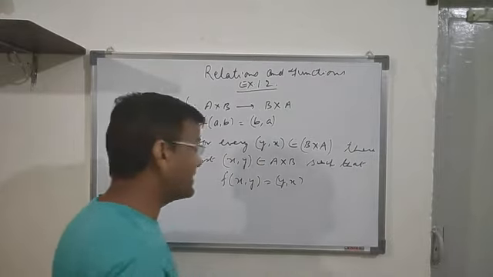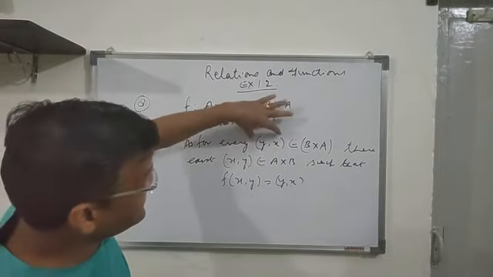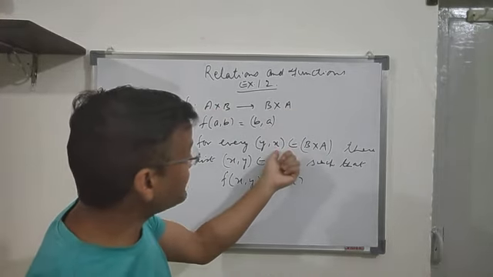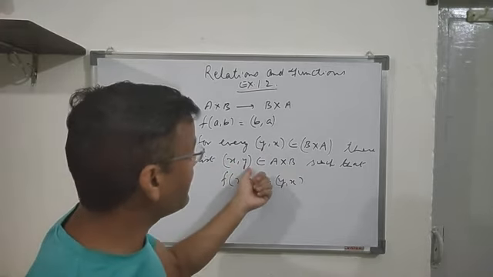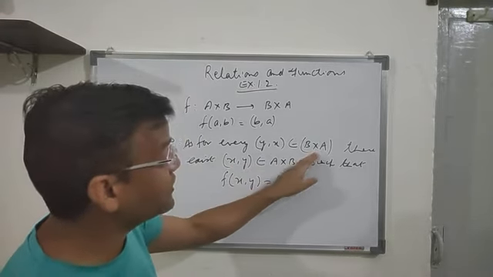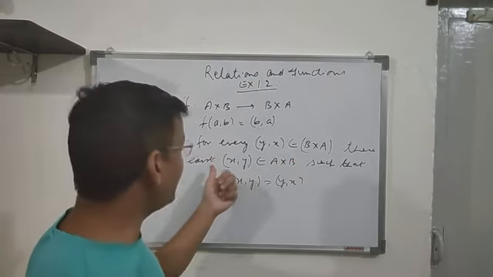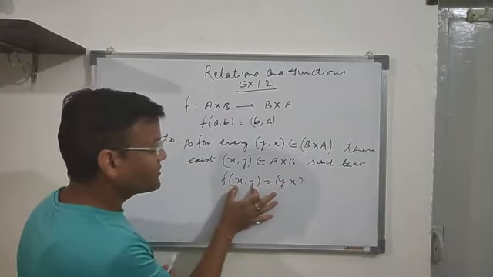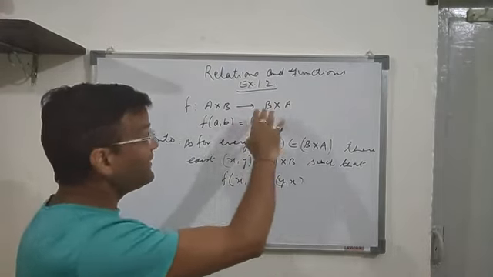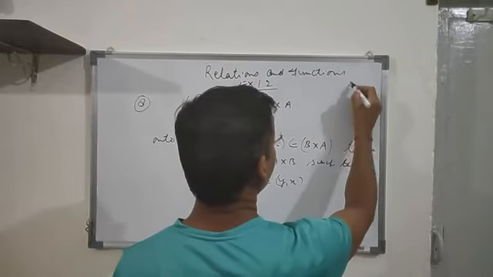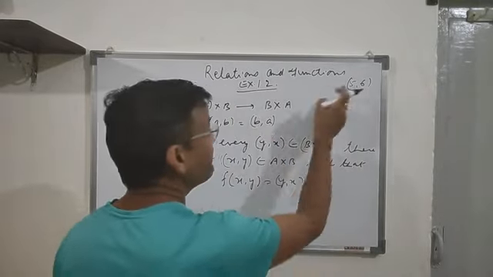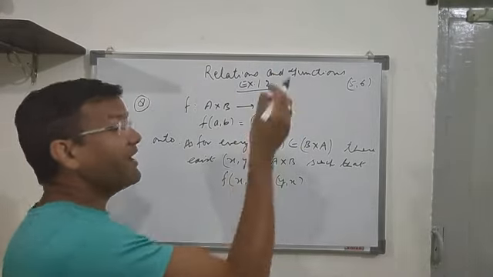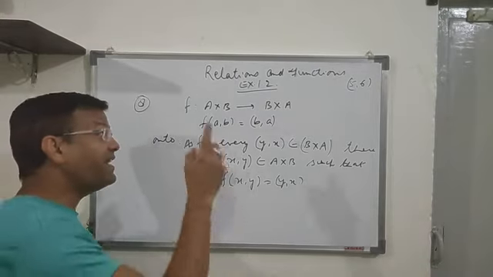Now you have to understand this thing. If this is an element in the codomain, with respect to this element there is an element in the domain, that is x comma y. That means for every y comma x belonging to the codomain, there exists x comma y, and you can see we are getting this as an image for this element. So if I say there is an element 5 comma 6 in the codomain, with respect to 5 comma 6 there will be 6 comma 5, because f of 6 comma 5 equals 5 comma 6. So every element in the codomain has an image.